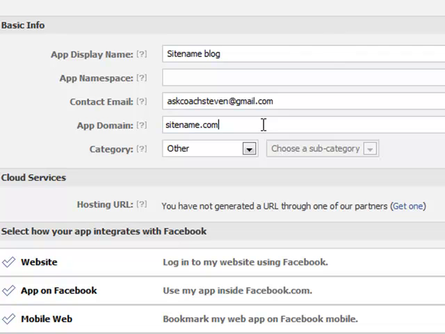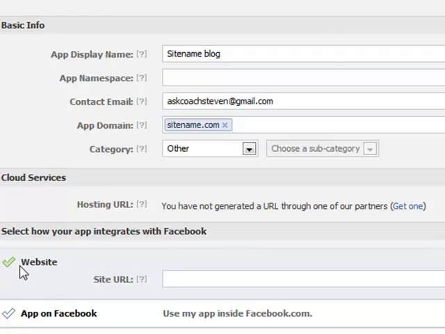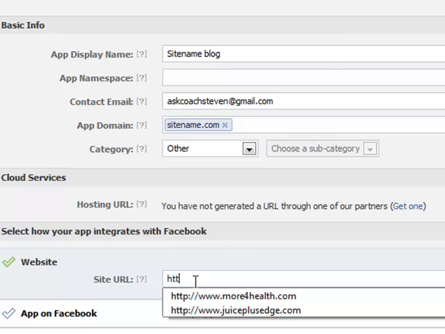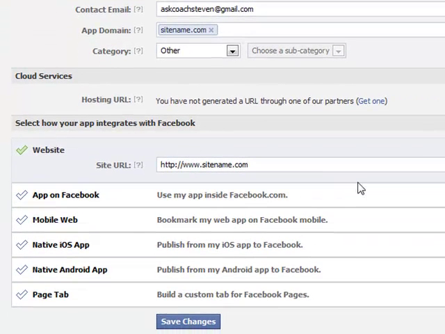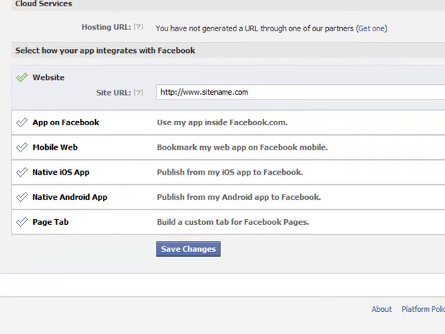Okay, and we need to go down here under website. We want that checked. It'll highlight green, and you're going to do essentially the same thing, only this time we're going to put in the http://www. I'm still going to say sitename.com. Bogus name, but you'll put in your domain name. And then if you click Save Changes,